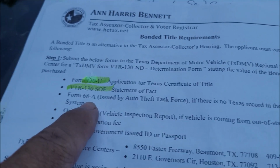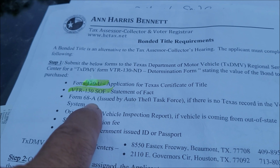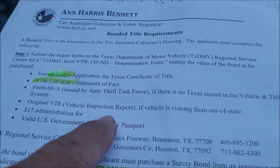They're going to want you to get this 68A, but they give you that at the place. So you're going to go get that. This vehicle inspection report,